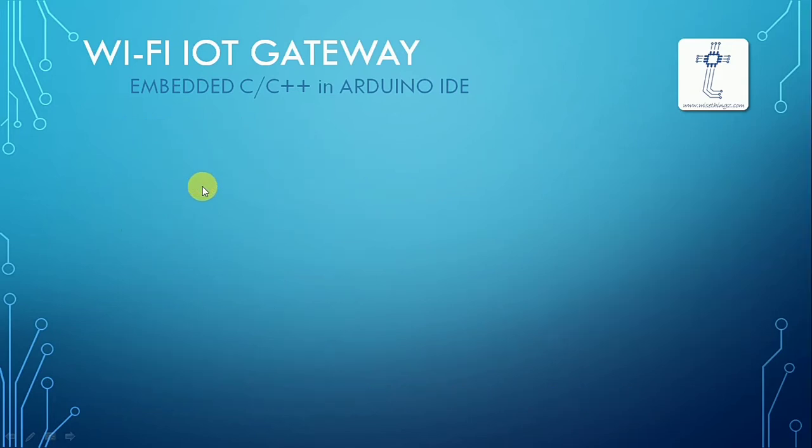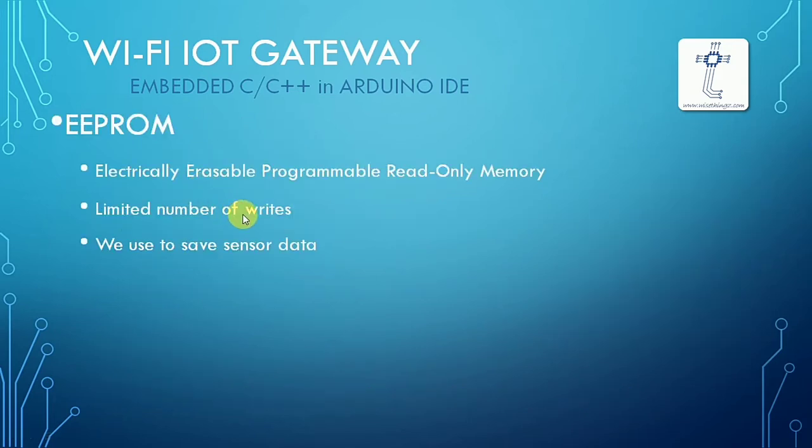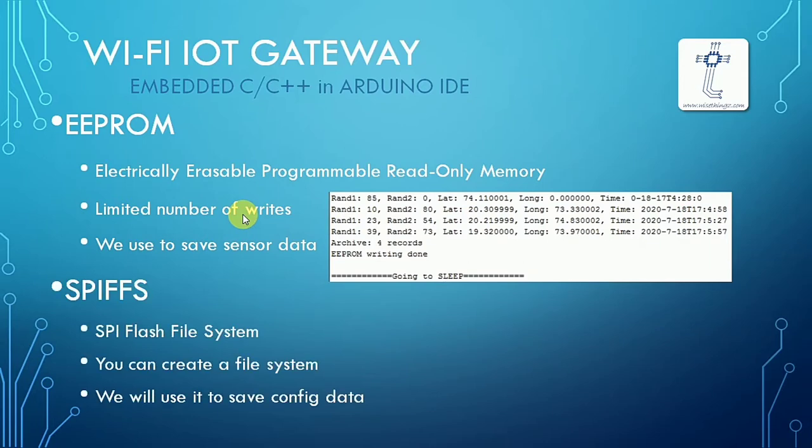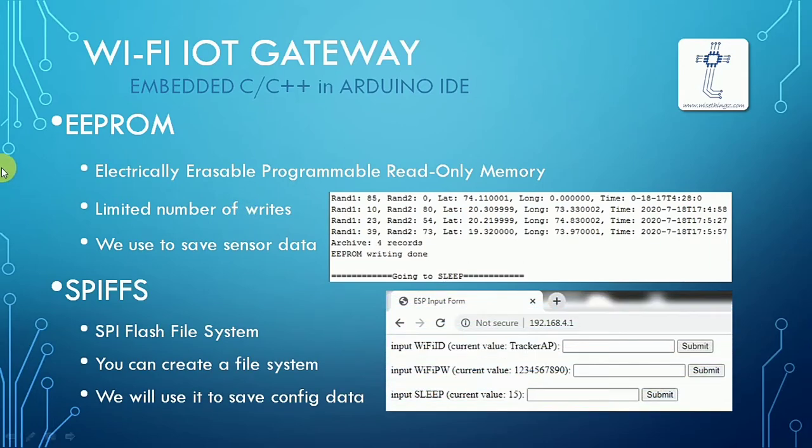As you know, in ESP8266 or ESP32 there are two ways of storing data. One is EEPROM, another is SPIFFS. For their details and pros and cons, please refer to the online materials. Practically, we will use them both. Today we will save our sensor data in EEPROM memory as if in a database table, and in a later episode we will use SPIFFS to store our configuration data in the device.